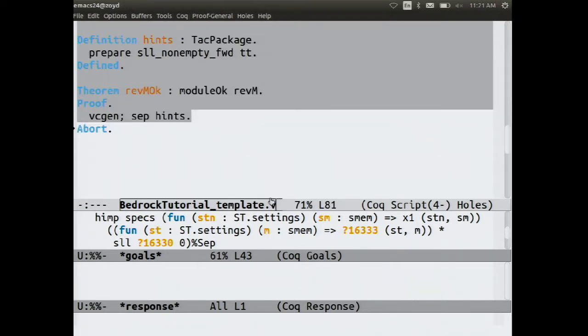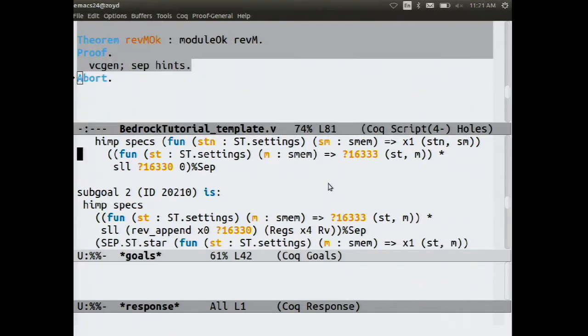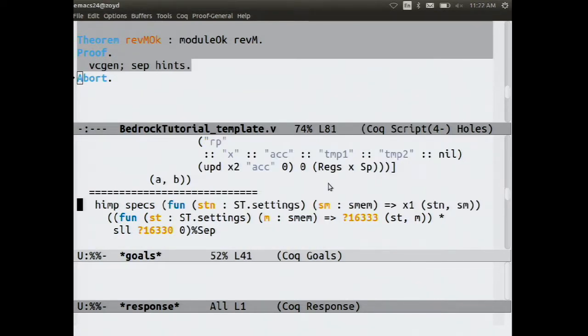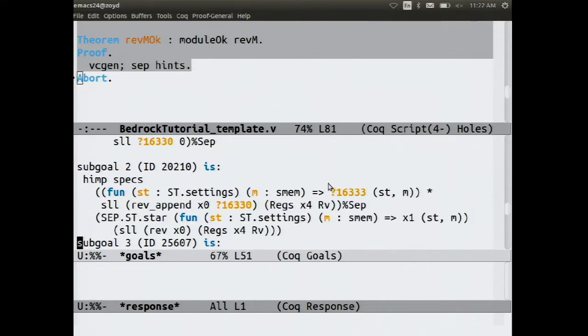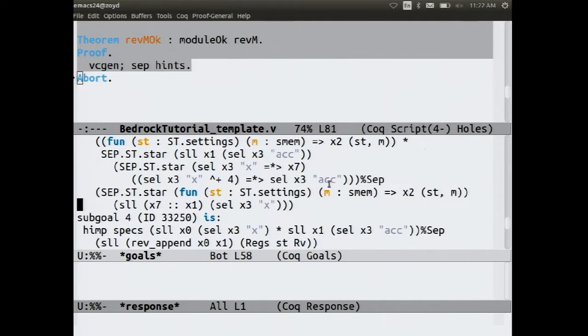All right, so now we're left with something we should do here. This is probably not the right one to look at. Where do we see an example of what we're stuck on? Let's look for an SLL here. Here's a good one. Here we have a postcondition. So let me explain what these goals are. I was looking at 3, I think.